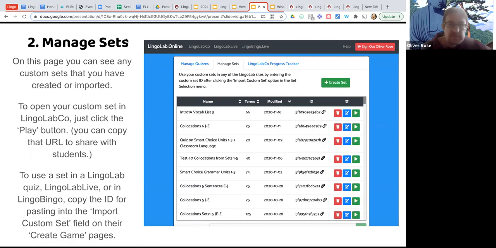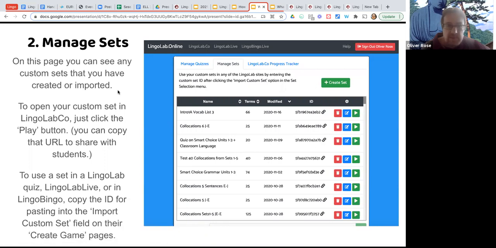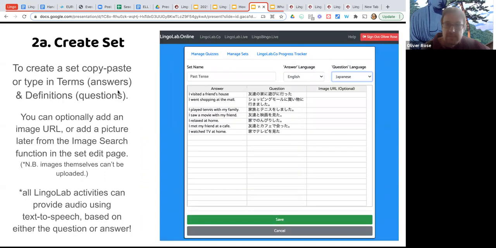But first, I'll just show you the managing sets function. So there's managing sets and creating sets. On this tab here, we have a list of all the sets that you've made. You can click this button to make another one. It comes up like this. So you can type in here or you can copy paste from a spreadsheet. So we can have a question and answer. You don't upload images to this site, but you can link to them